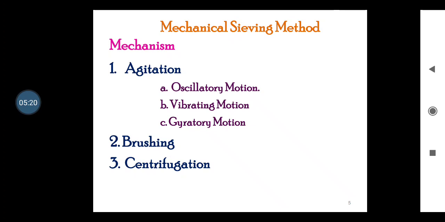There are different merits, and the demerits are also a concern with respect to this method. As far as the method is concerned, it is very simple and not quite expensive, so it is affordable, and also it is less time consuming. But when we talk about the limitations, this method cannot be applied for a wide range of particle sizes, as it is a conventional method, as we had seen in our presentation. Wet powders cannot be subjected to size separation by this mode, as the apertures may get clogged with the particles, and this may lead to improper sieving.